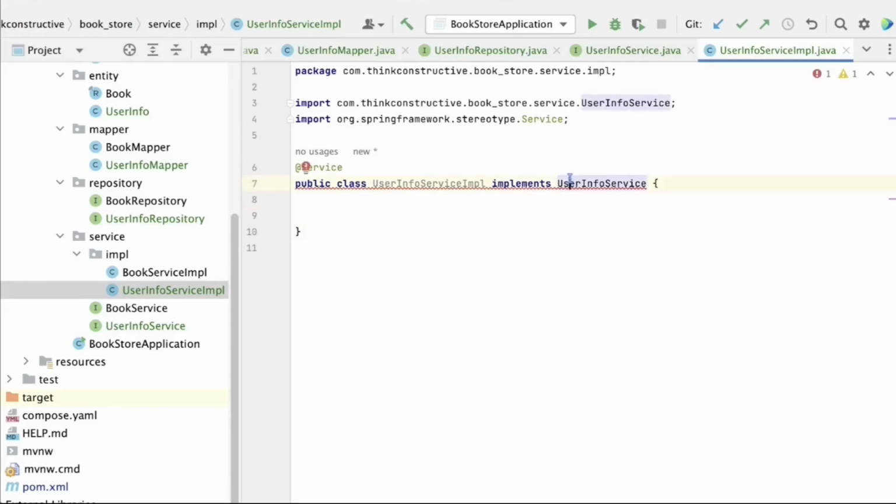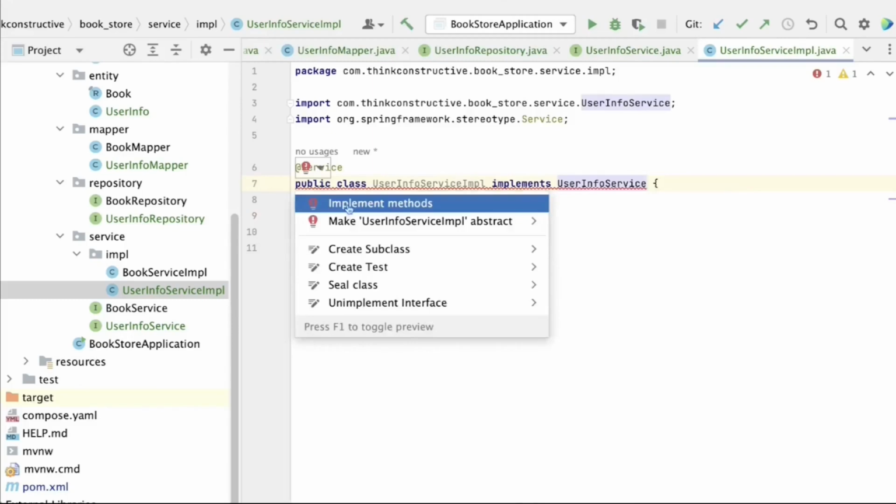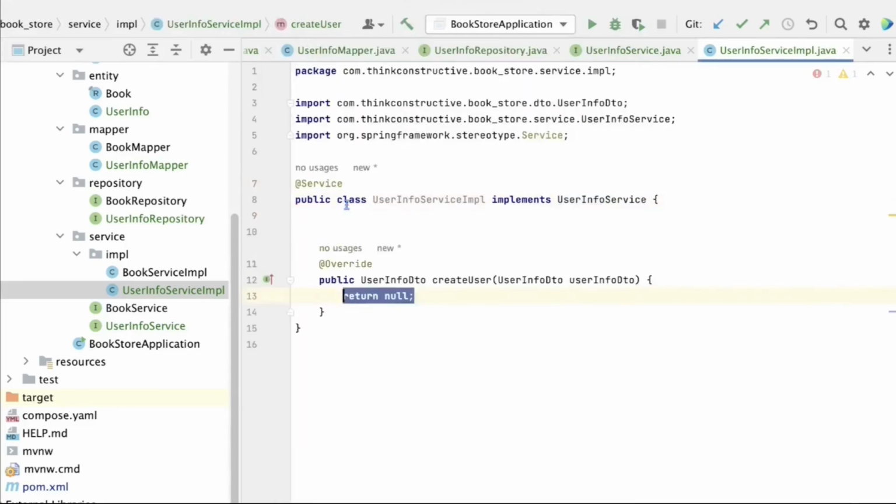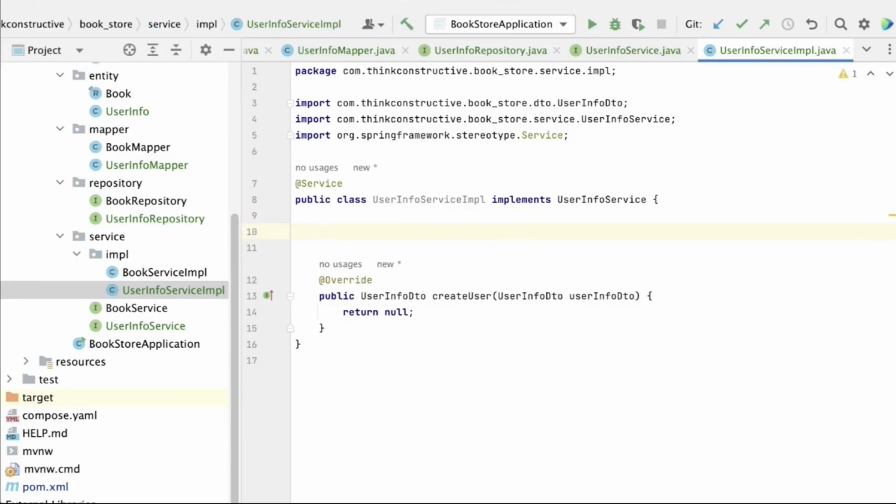So let me just say implement methods, createUser. It is asking me to implement. By default, it will say it is returning null. So we will write the implementation for this. For implementing this, we understand that the service layer will be talking to the repository layer for further database operations. So we should be autowiring our